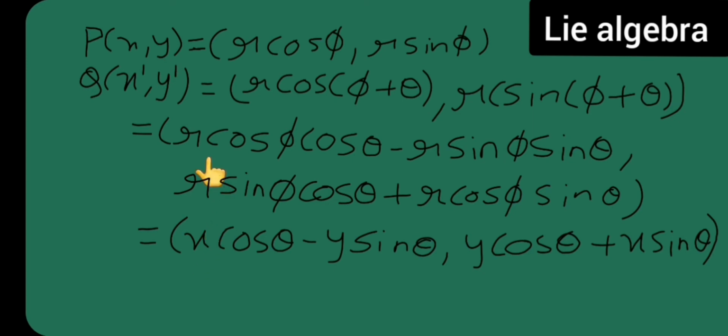So I will write this as x cos theta minus r sine phi y. So here it is y. So minus, what I wrote, y sine theta, comma, what is there, r sine phi, y, and cos theta, write it as it is, plus x, then sine theta, write it as it is. Okay, next,